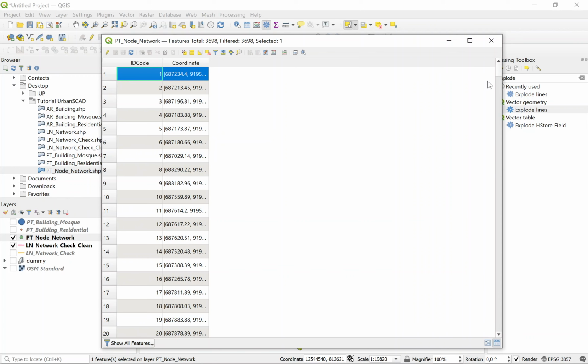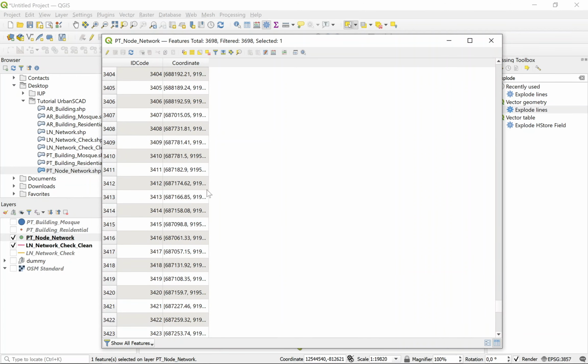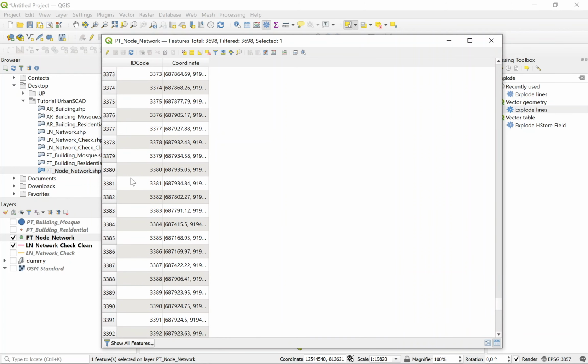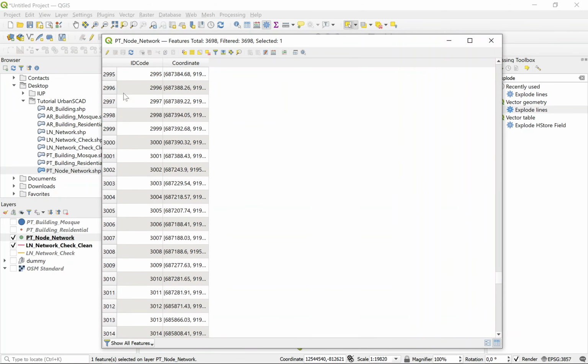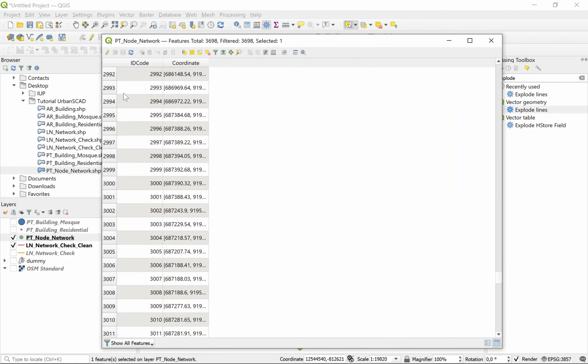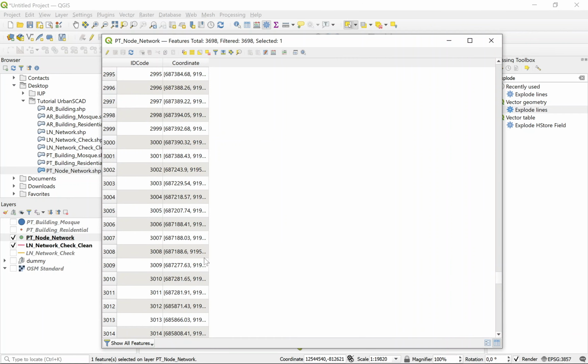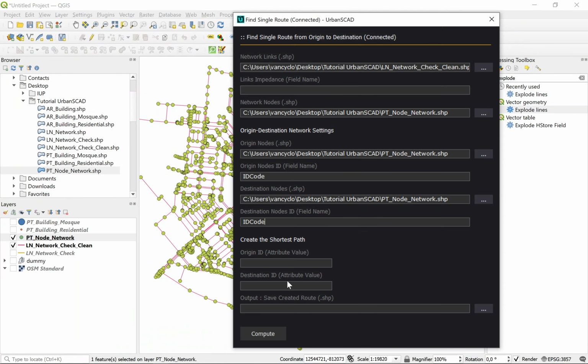Okay, for origin ID, for example, I'm from ID number 1 and I want to go to number 3007.